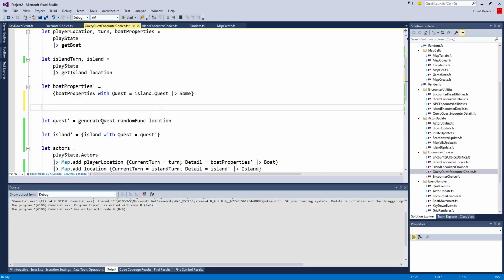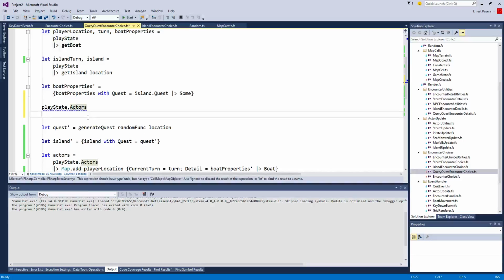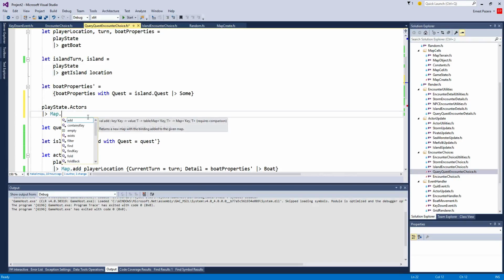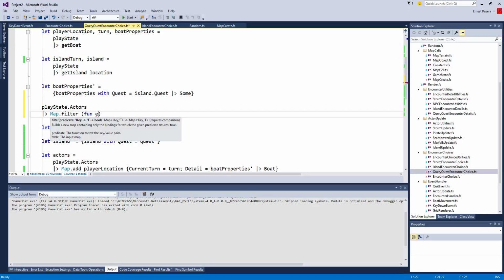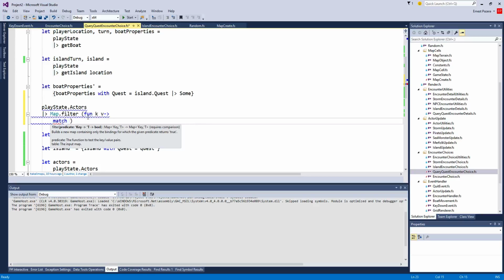So, using place state actors, doors, and we're going to map dot filter. Fun E, next fun KV, match V with